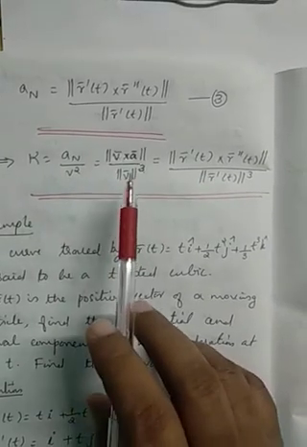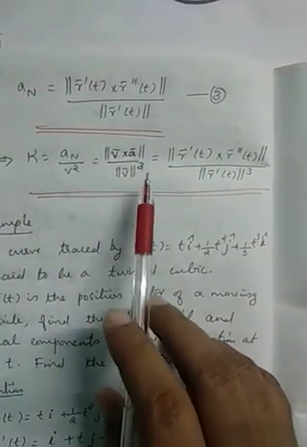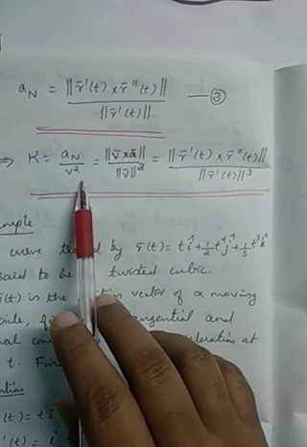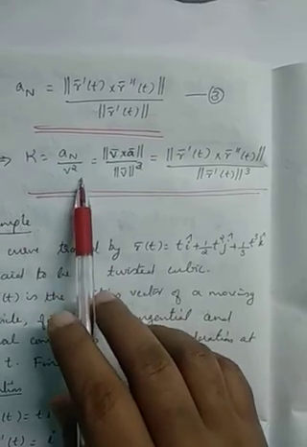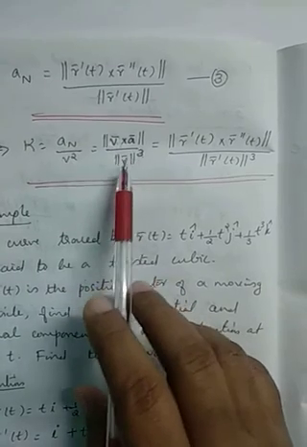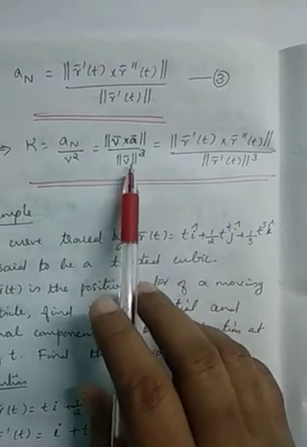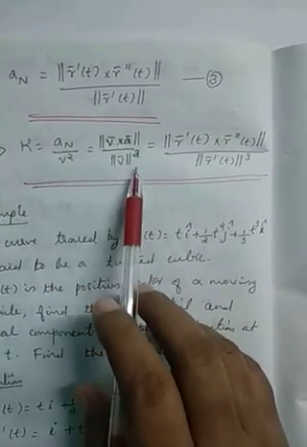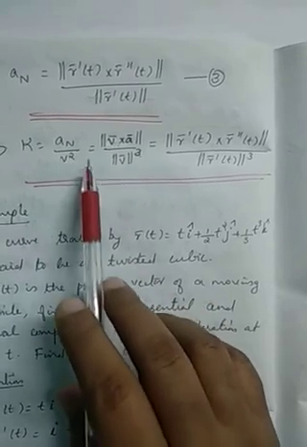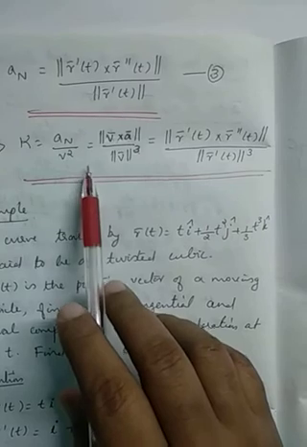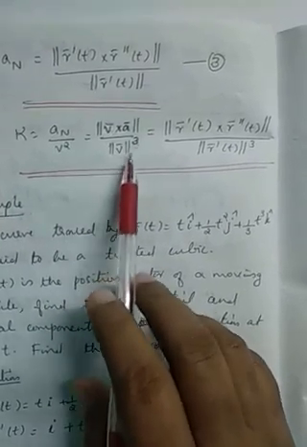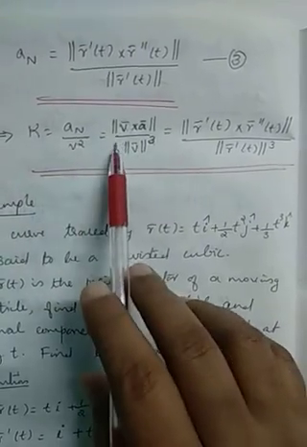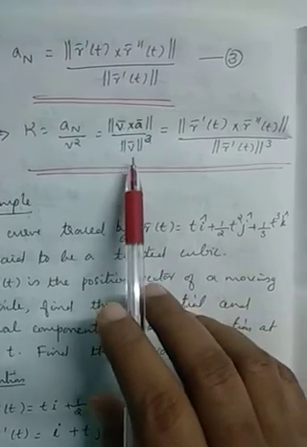AN is equal to norm of V cross A divided by norm of V. So, AN by V square becomes, and what is V? V is equal to norm of V. So, AN by V square becomes norm of V cross A divided by norm of V the whole cube, because in the expression of AN we have already norm of V in the denominator. So, that term is divided by V square. Again, V square is equal to norm of V the whole square, so the denominator term becomes norm of V the whole cube. So, kappa is equal to norm of V cross A divided by norm of V the whole cube,